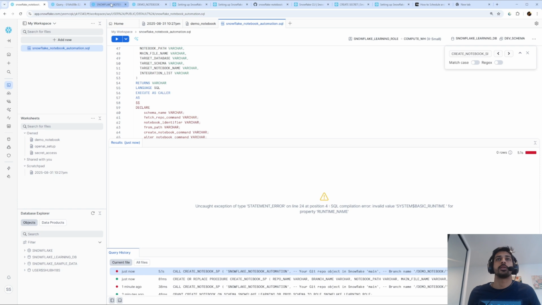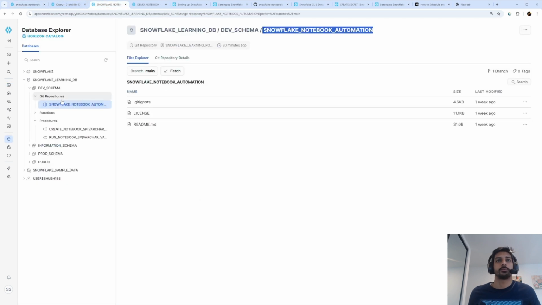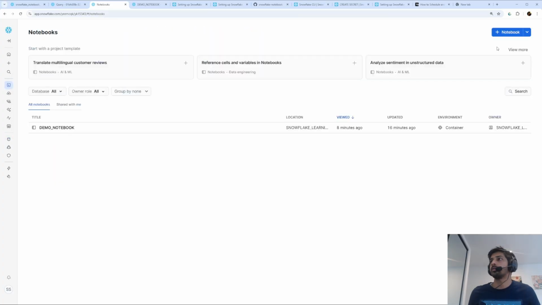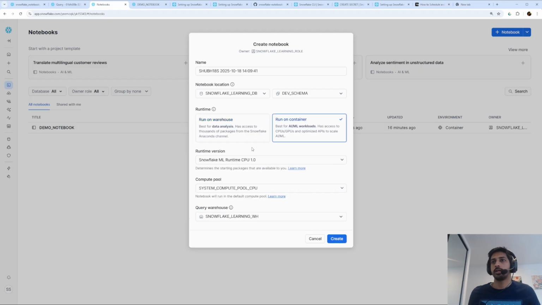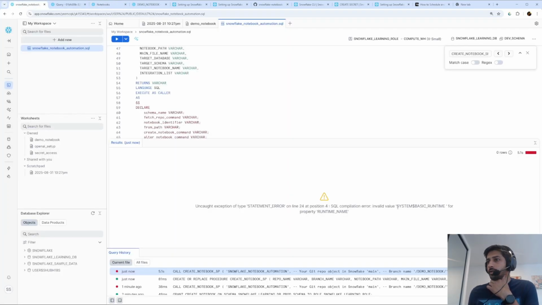Let's quickly check something out. If I go to notebooks and then create a new notebook here myself, I'll see I have runtimes for container. So it's actually system compute pool CPU, the ML runtime CPU 1.0 is the one that I'm allowed to use, I believe. So it's actually crying about the fact that